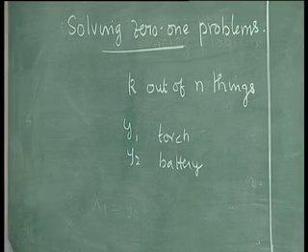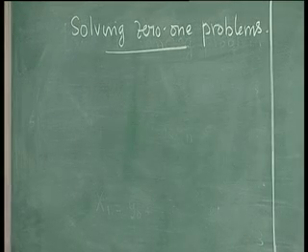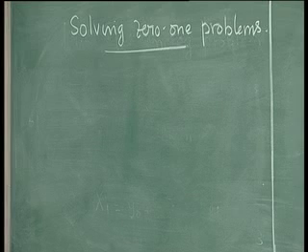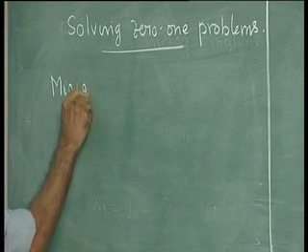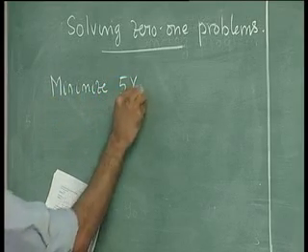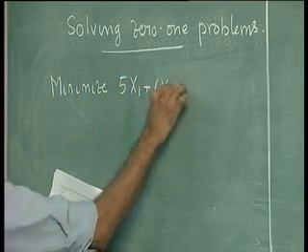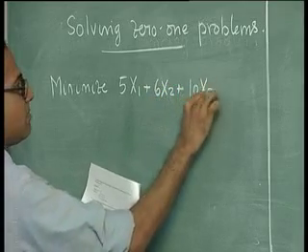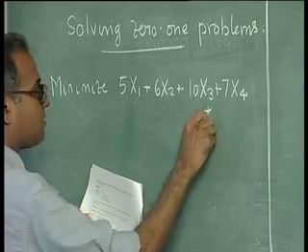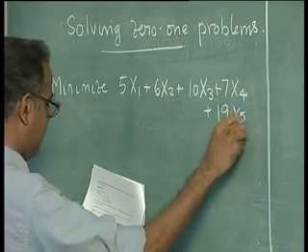Now, let us go back and see how we solve 0, 1 problems. There are some things that we will explain by taking an example of a 0, 1 problem. Minimize 5x1 plus 6x2 plus 10x3 plus 7x4 plus 19x5,